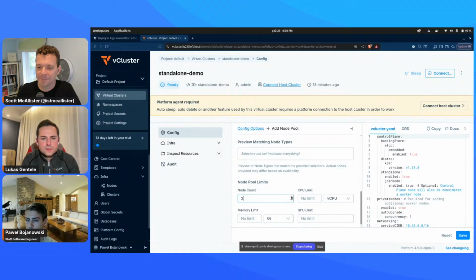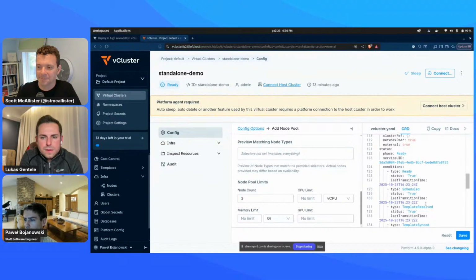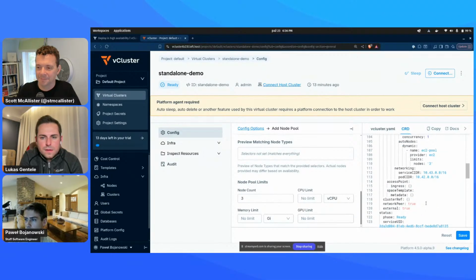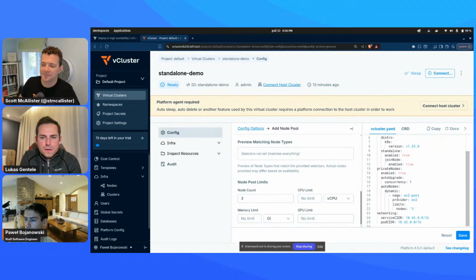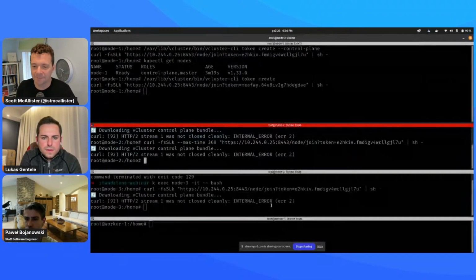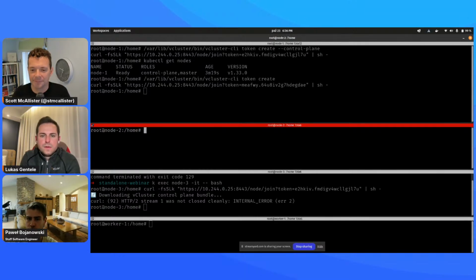So you can set like maximum 3 nodes. And that's it. And that will output your vCluster YAML configuration, which is needed, right? And what we can do, we can just copy it and use it directly